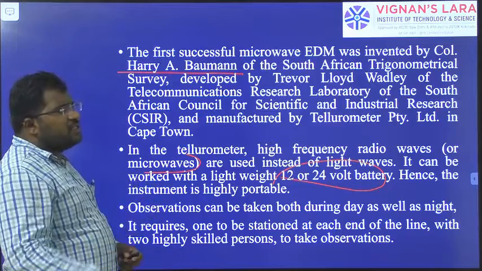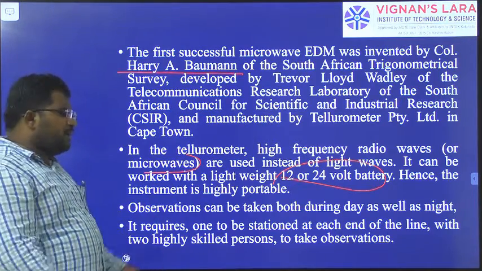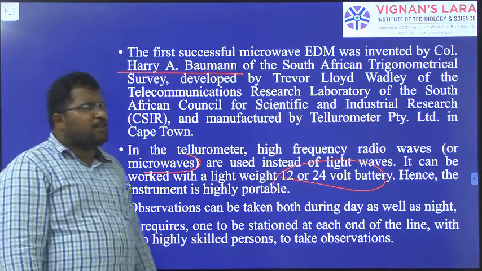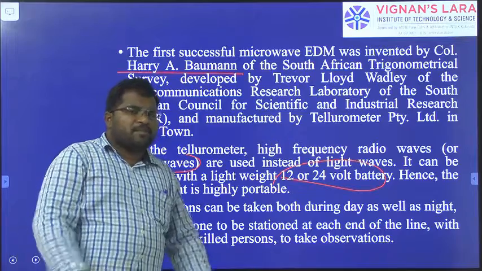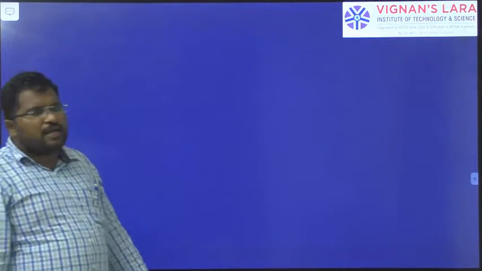Two instruments are required, but it doesn't require any prism. For the geodimeter as well as the Wild Distomat, we need to put the prism. In the remaining case we don't need it. Right. So I am going to summarize the whole class now.